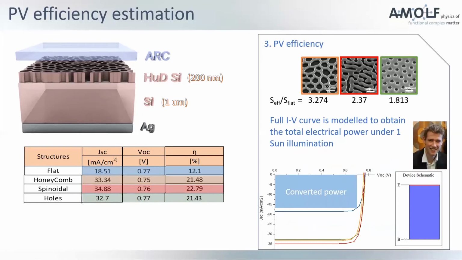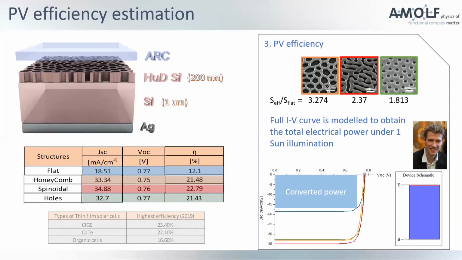Next step is to get the full IV curve and get the efficiency under one sun illumination. As you can see, the efficiency for the flat case is 12%, but in the best case, we can reach almost 23%, which is amazing. To put these numbers into perspective, I also put the highest efficiency in year 2019 for other types of